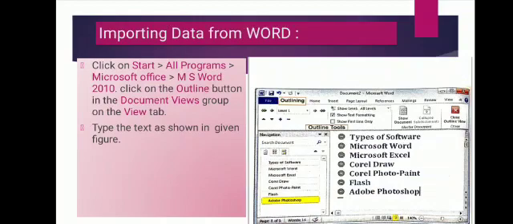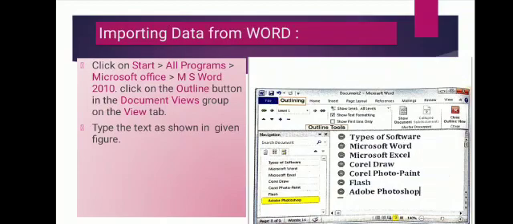Now type the text as shown in figure. I have typed here the text that is shown in figure. Headings are given here. From the left side, several headings 1, 2, 3, 4 are given. Here you have to write or mark it. For the first heading you have to apply types of software. Microsoft Word, I choose heading 2, and Microsoft Excel I applied heading 3, and similarly for Corel Draw also applying heading 3. So heading 1, 2, 3 you have to apply and select the text that you want to here.